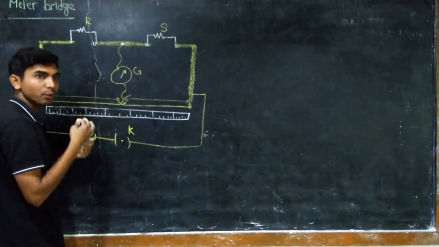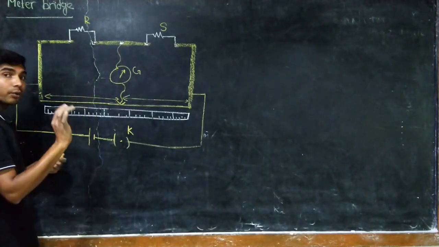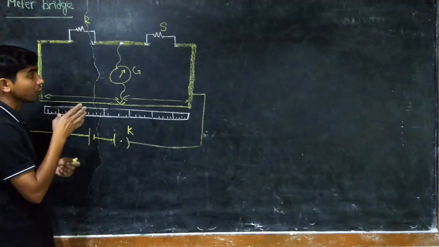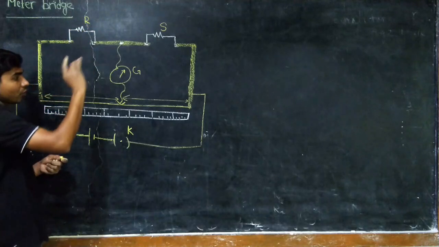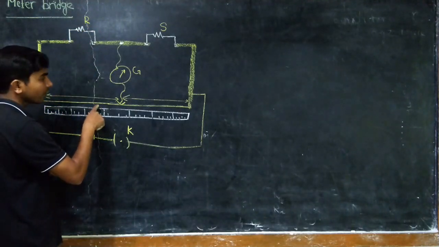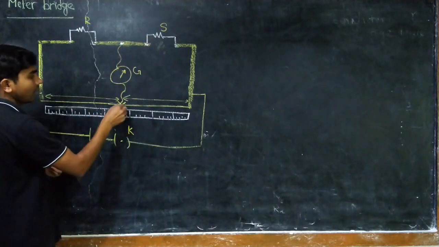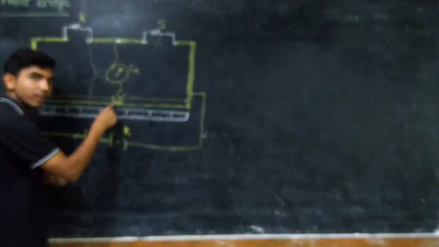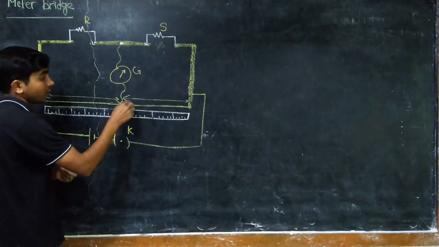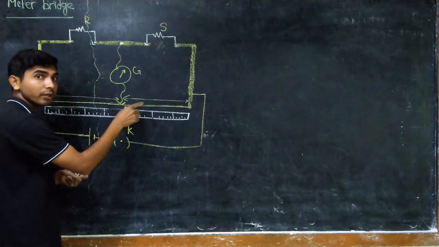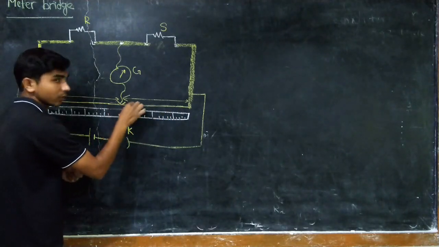How you will calculate that, you will understand later, but basically try to understand that the Wheatstone bridge is useful to calculate an unknown resistor, right? So this is the wire, and this is the known resistor. See, this is the jockey. The jockey is in contact with the wire, and this is a tungsten wire, having some resistance, right? So as we move the jockey on this one,